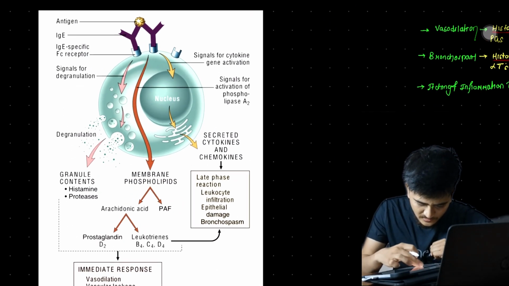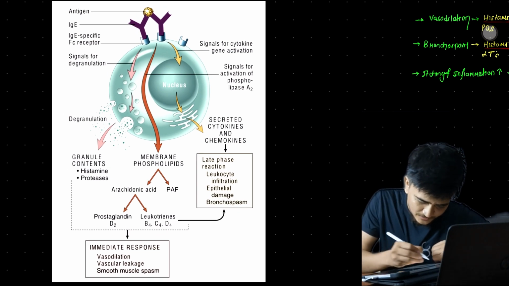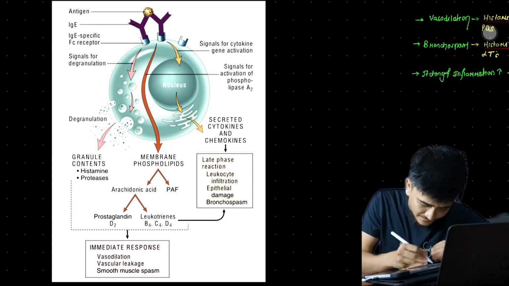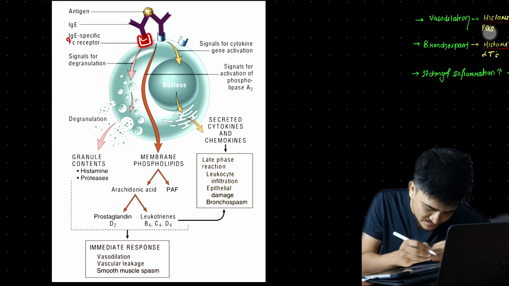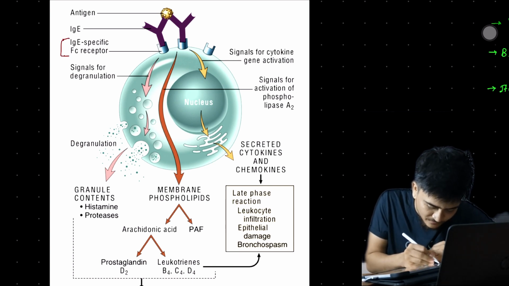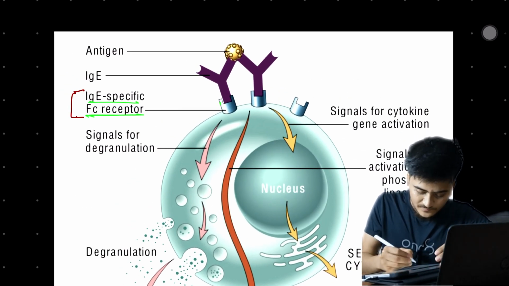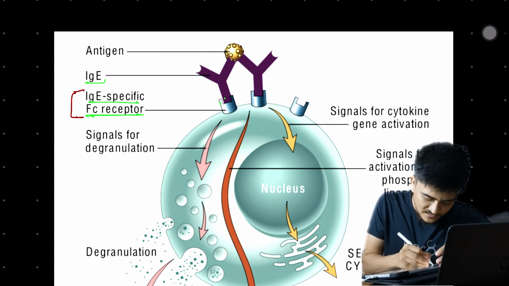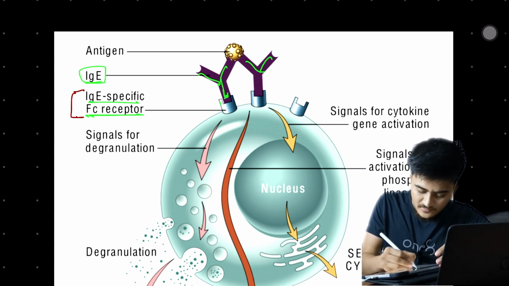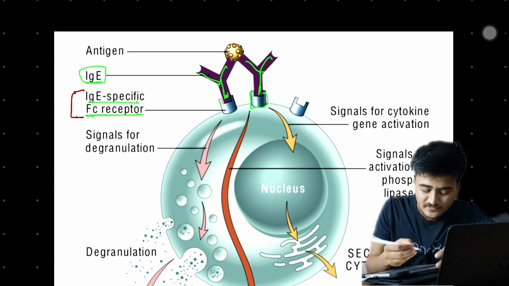Now let us see the diagram from 10th edition Robbins. Here this is the mast cell that you are seeing. On the surface of the mast cell we can see the IgE specific Fc receptor for the Fc portion of IgE. This receptor is receiving the Fc portion of IgE, that you can see right here. This is IgE and it is being received by the IgE specific Fc receptor,